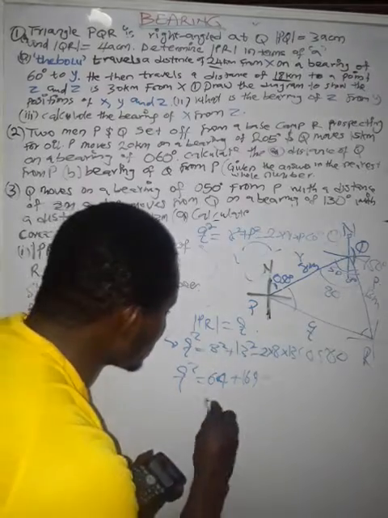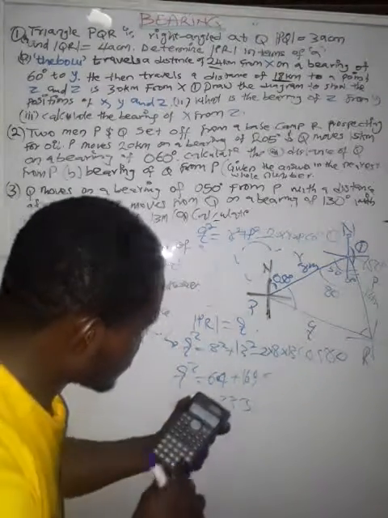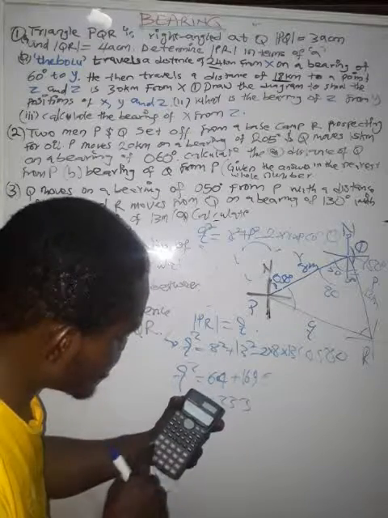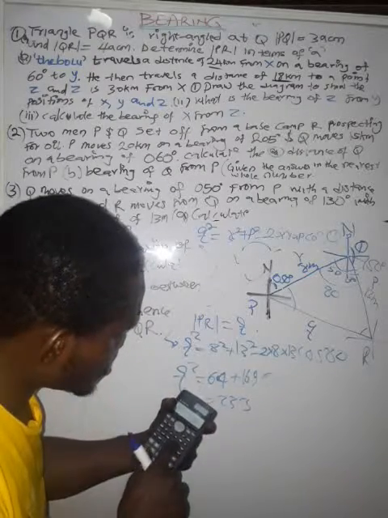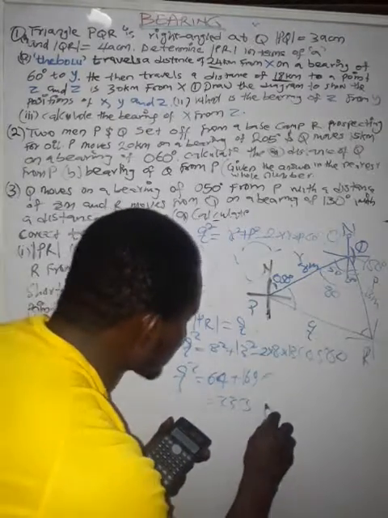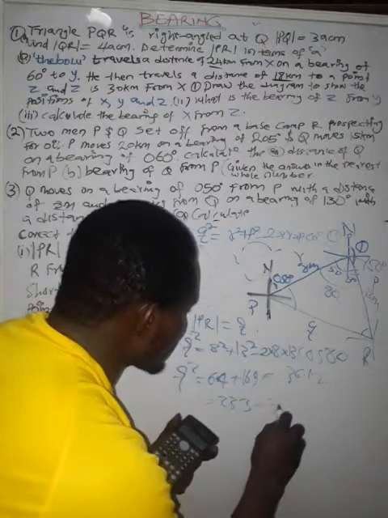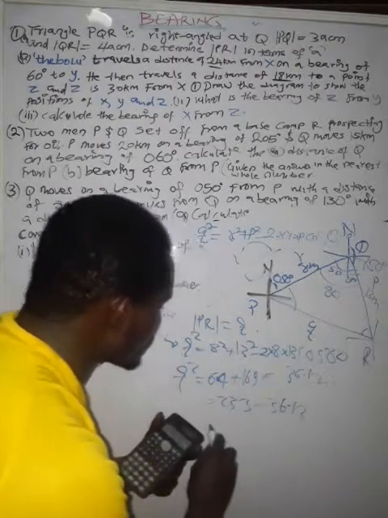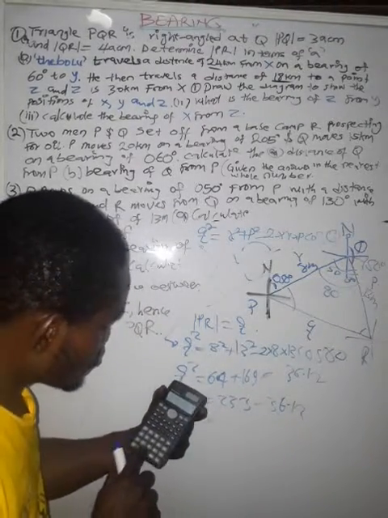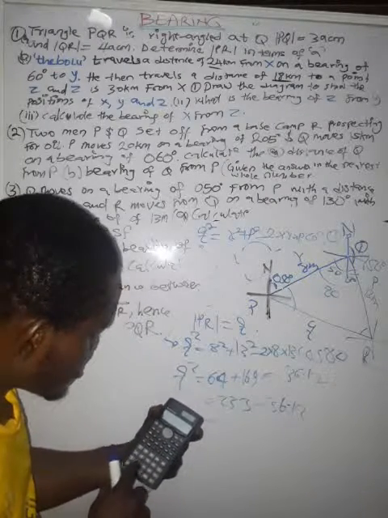I have 233 minus. So it will now be 2 times 8 times 13 times cos 80. That gives me 36.12. So we subtract it. So 233 minus 36.12